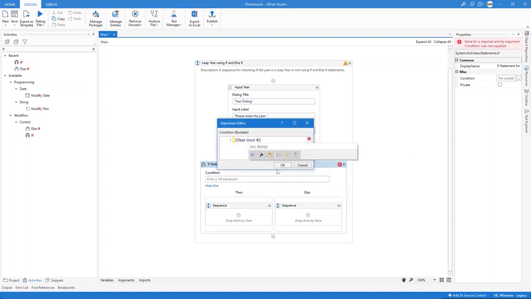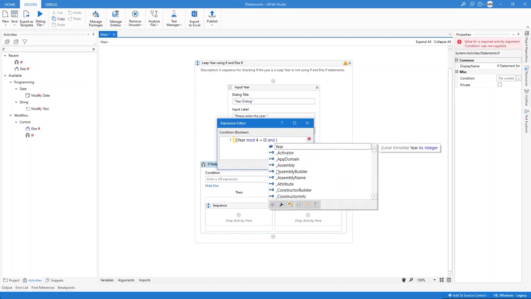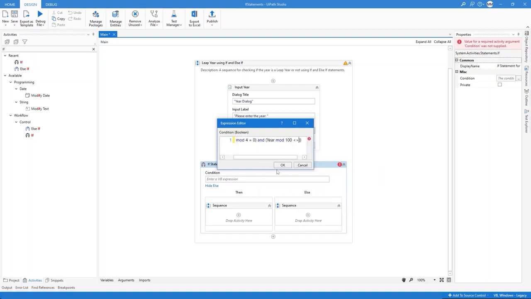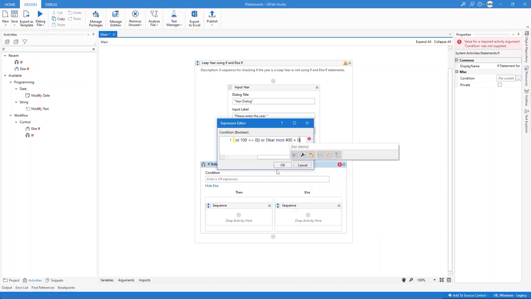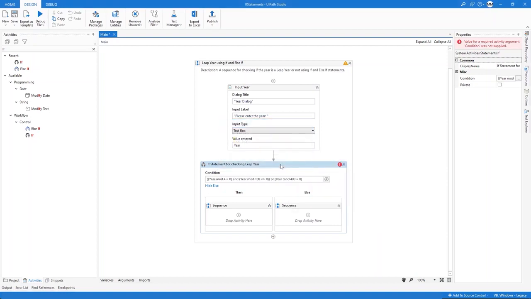This is the VB.NET expression used to set the conditions. In UiPath workflows, we use VB.NET syntax. Check the link below the video for more information regarding expressions in VB.NET. Remember the conditions that we've mentioned earlier. A leap year is evenly divisible by 4, but if it's evenly divisible by 100, it also needs to be